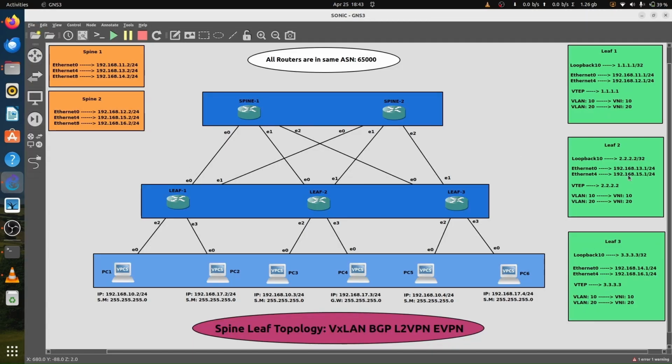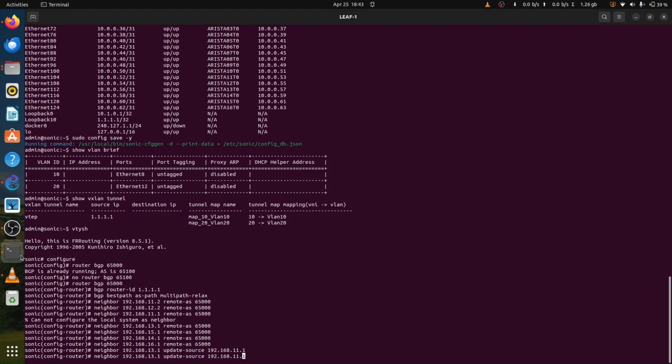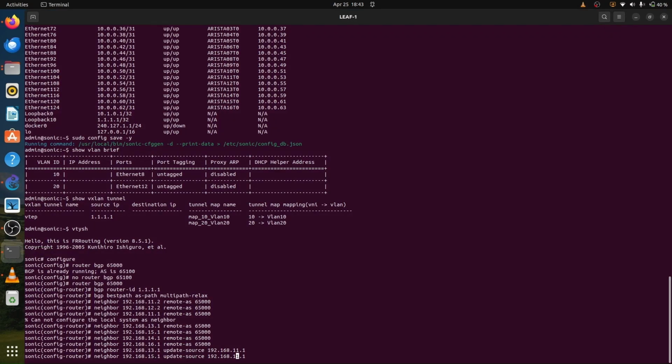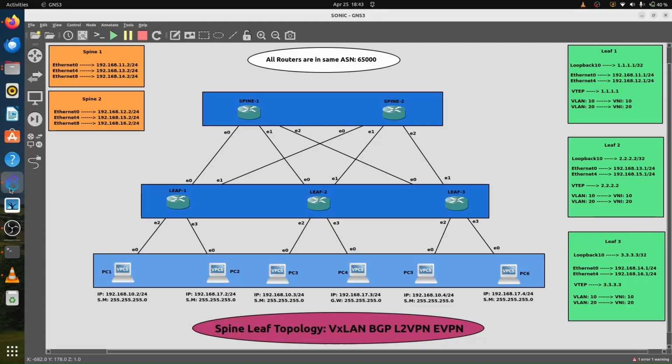For port 4, for link 4, 15.1, the update source will be 12.1. So now